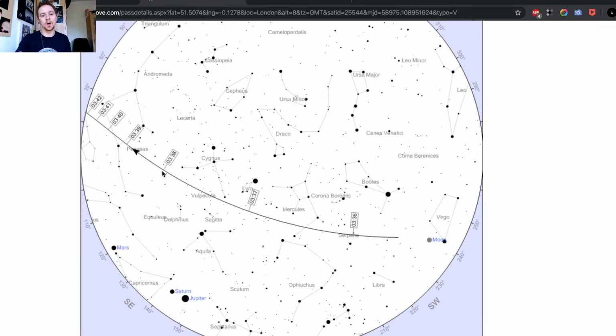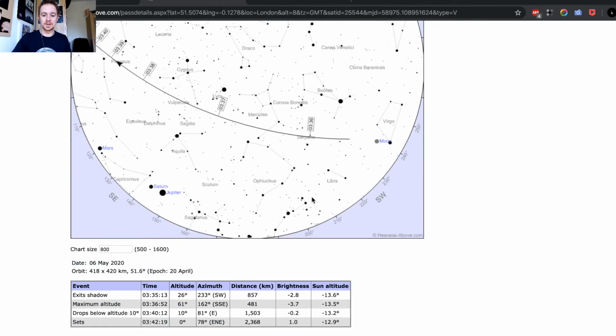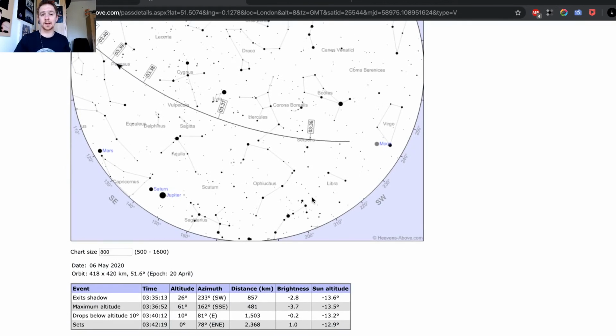This is more helpful when you are doing photography, but even if you just go out and observe one flyby, and you want to know exactly where to look because you don't want to miss it, then that's a great help. It's also showing you some times, so these are the times. The altitude is always showing how far from the horizon it is going to fly up to.